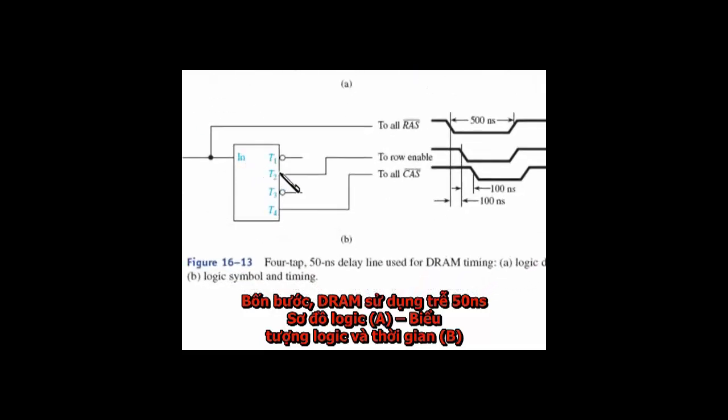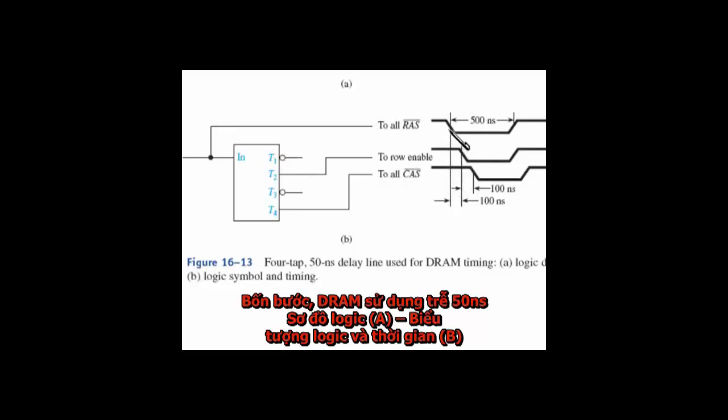So to get these precise timing waveforms, they do have delay chips, so you could come in with a single pulse and have multiple taps on the output. And this is set up as a 50 nanosecond delay line. So when the input signal comes in, 50 nanoseconds later on T2, you'll get the exact same duplicate signal, but it's going to be skewed over by 50 nanoseconds. So when we went from this low edge to this low edge, the fact that there were 2 different taps, so this one was 50 nano inverted, this one is going to end up being 100,